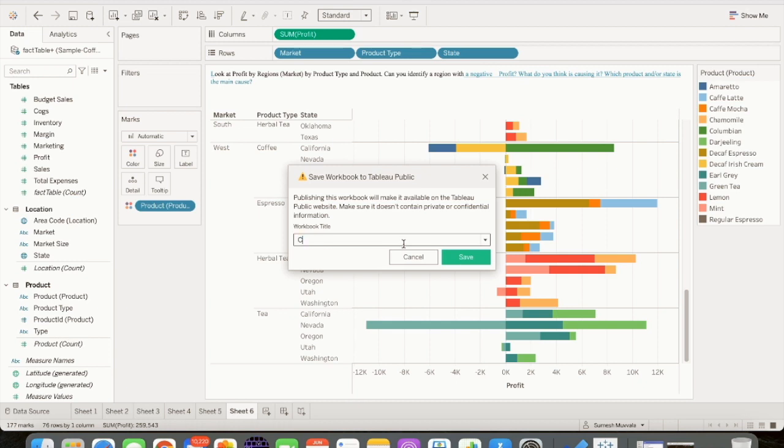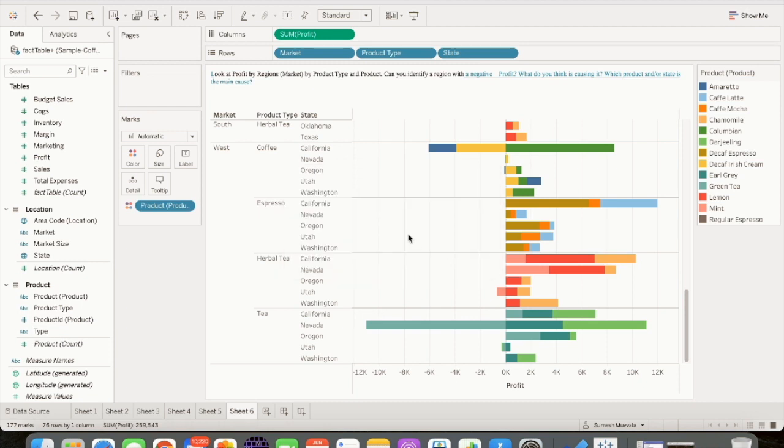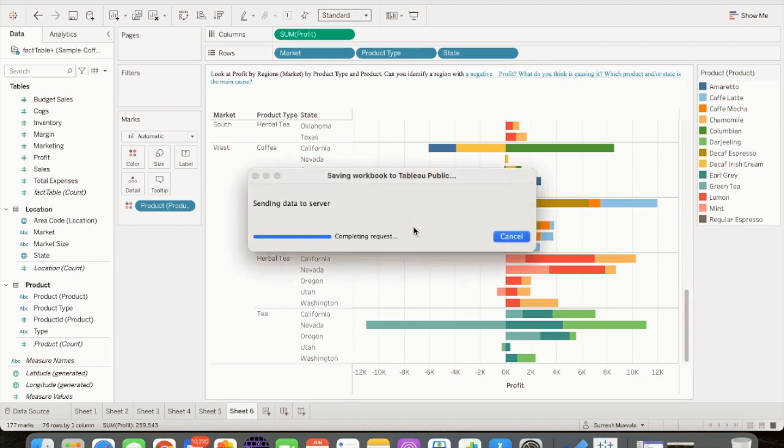So let's say the workbook name is coffee sales as a visualization, Data viz. Save this. Ta-da! It's saved. So now it asks for the permission from our server. So it goes to the